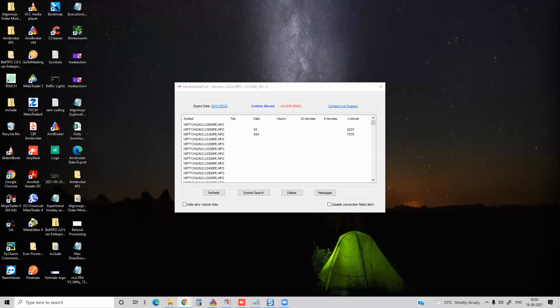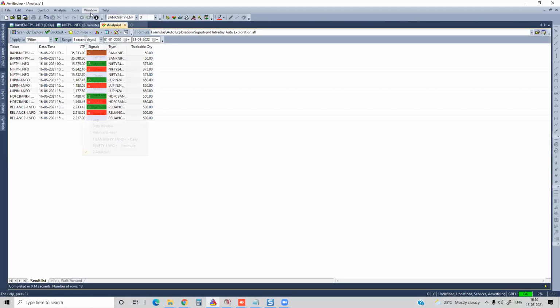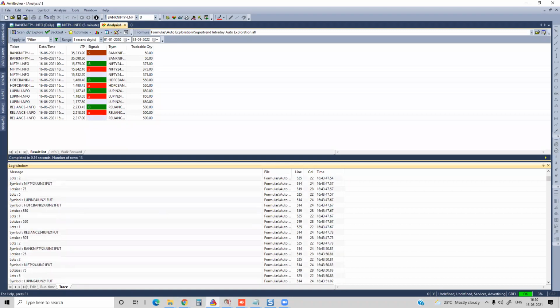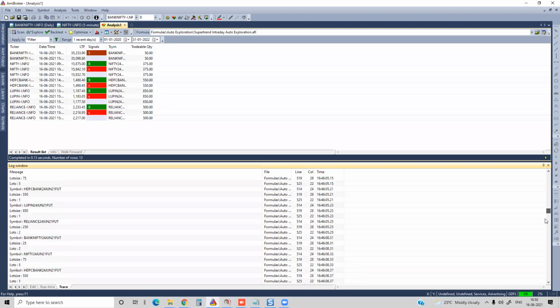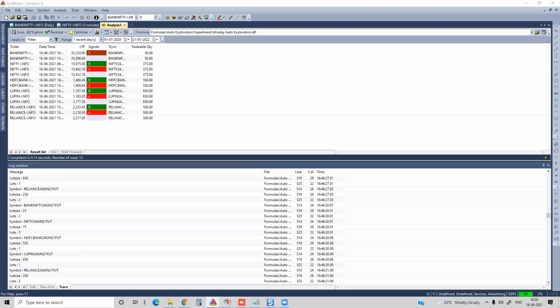Prakash Vari is asking how to get order execution confirmation for CO and bracket orders. Any order that you send to the broker will be captured in the order log. If you go to the log section, you can see all those orders. Any new orders you send in, you can see that some of the orders went through, and we also have a confirmation, which you can get over here.